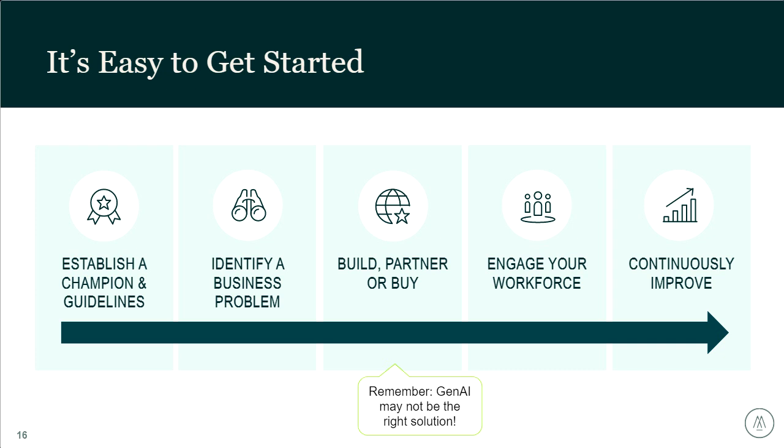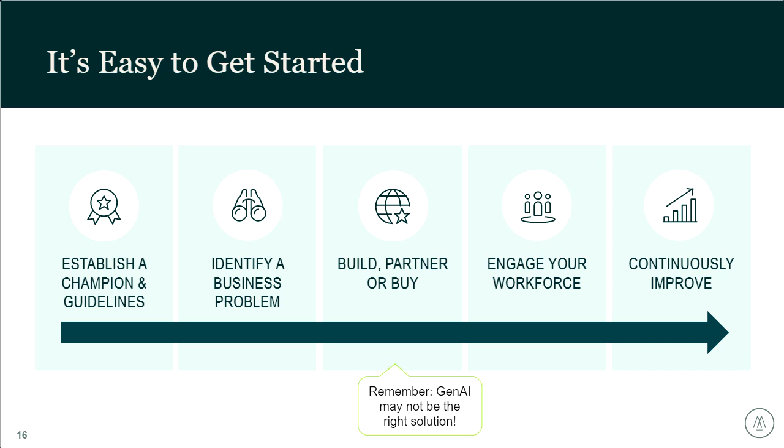And then when you have that knowledge within the organization, that's when you can start to identify those real business problems. Maybe you have a system where people can submit use cases to a platform, and then your champion group is able to filter it, and your data science group is able to identify what is plausible and what's a quick win. Bring everyone along for that journey. And then that's when you're going to say, is this a build, partner, or buy AI situation? Or is it not even an AI situation at all? Is it automation? Is it something else? I have that in green there. Gen AI may not be the right solution. So really have a think about that. And that's when your fluency is going to come into play and make a huge difference there.